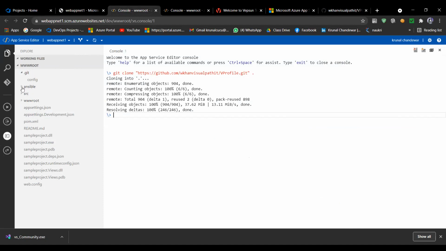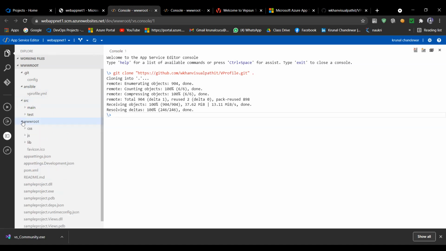Whatever I imported there is maybe a Java file only. We will get the name here. Let me search. Ansible, SRC, in main. Yeah, see, this is a Java project which we imported from GitHub.